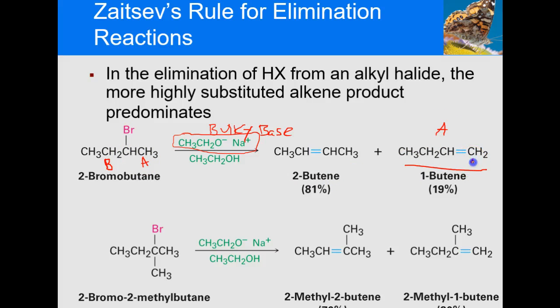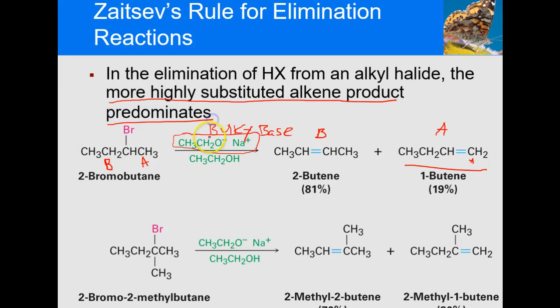Right, here's the A carbon right here. We're plucking off one of these hydrogens. If I form a double bond here, this is right in the middle, it'd be this compound. So that would be the B hydrogen. Okay, so we have two possible products, but notice 80% of it is this one. All right, it's where you're plucking off the hydrogen at the more substituted position. A lot of people would think, well, wouldn't it make sense if you pluck it off at the least substituted? Yes, that would. But what Zaitsev's rule is that the product with the more highly substituted alkene is the one